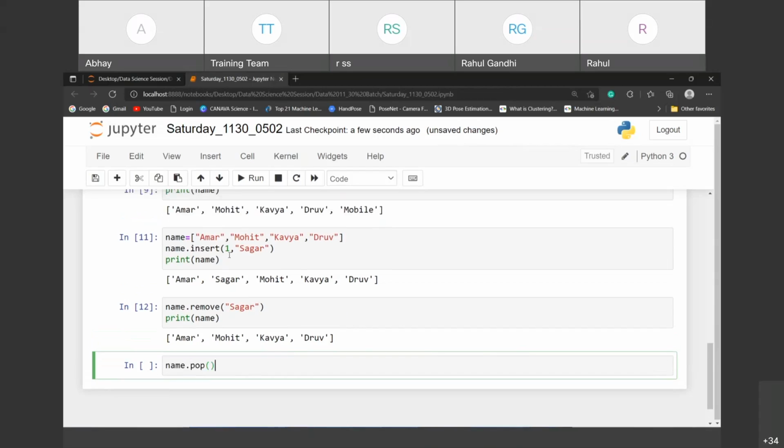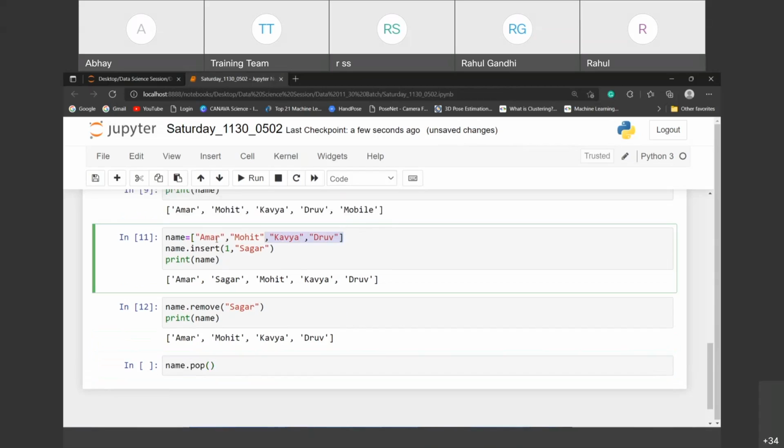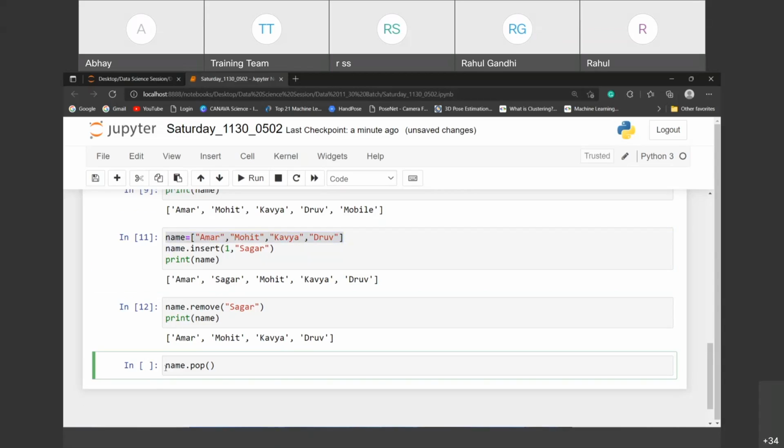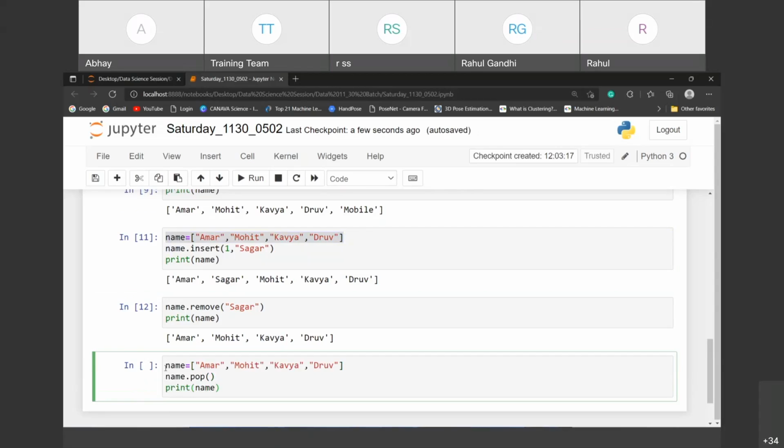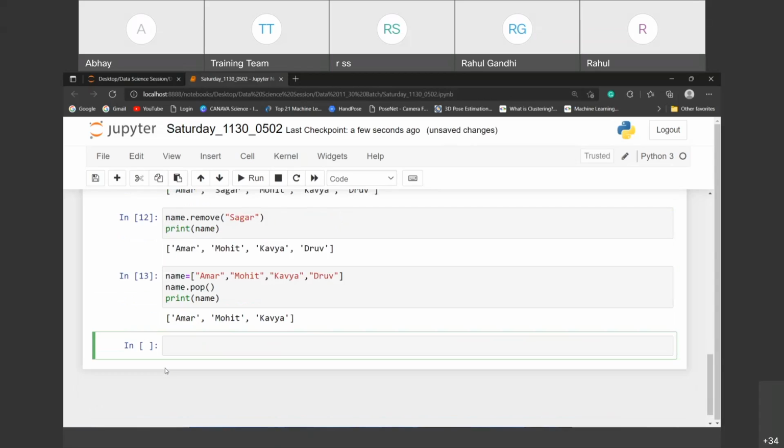With the pop function, suppose the list we have is the one we are representing. If I execute this, definitely Dhruv will go out. But the point is that pop removes the last element, right?